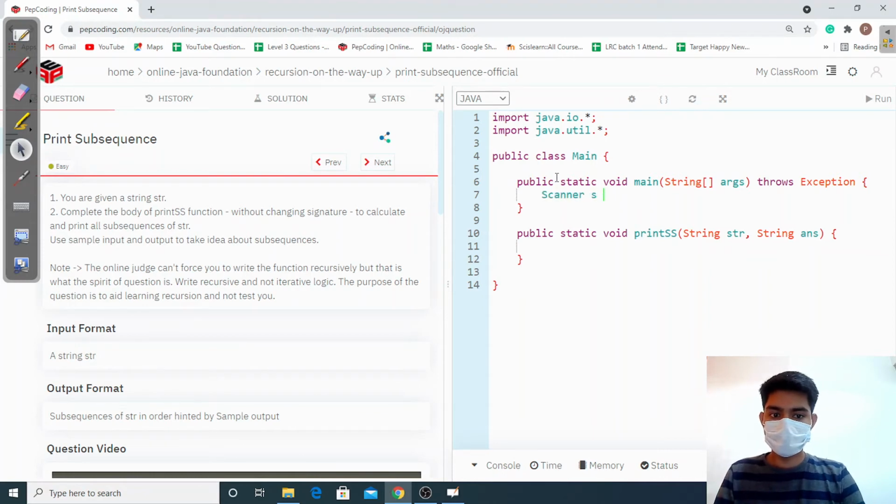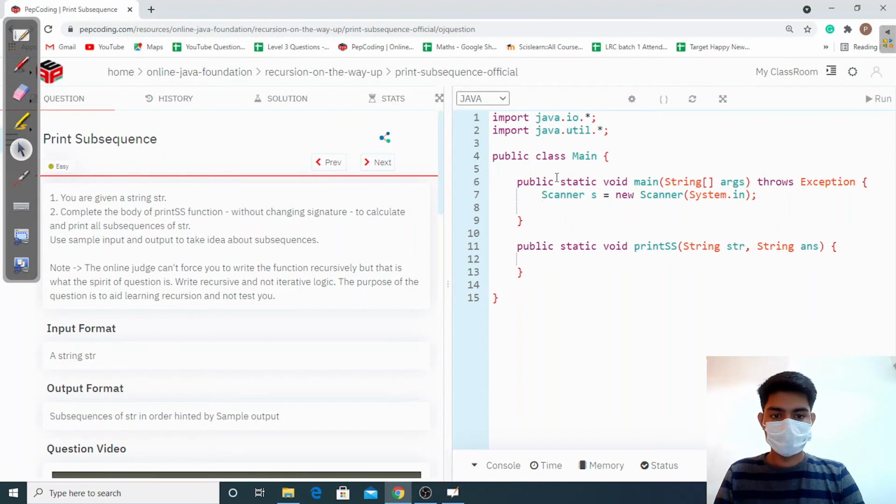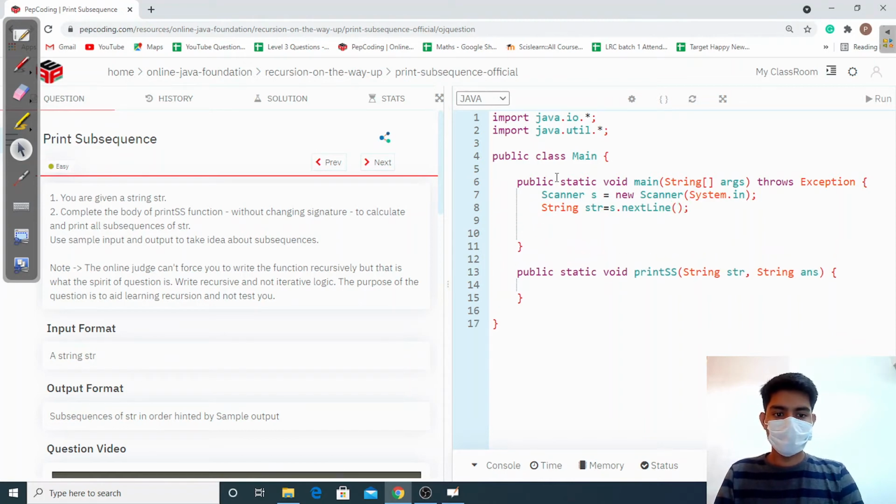First, we'll take our scanner. Then we'll take our string input. Right, and then we'll call our function. And we'll pass this string, and my answer is going to be empty at first. So this would be ABC and an empty string for the example of ABC. Now what I have to do is take the character out.